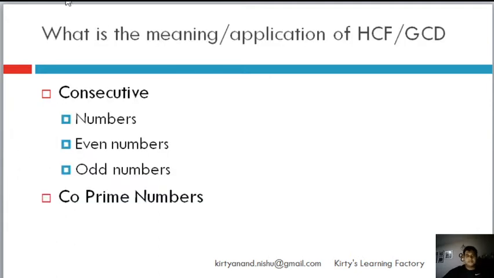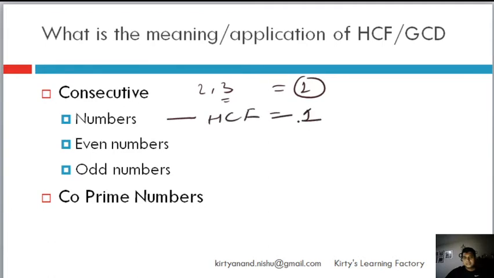This is important. So now that we have understood how to find out HCF, what I am asking is, what is going to be the HCF of 2 consecutive numbers? 2 consecutive numbers means 2 and 3, and we've already discussed it in the previous session. If we take any two consecutive numbers, they are co-prime, which means their common factor is going to be only 1. Therefore, in this case, the HCF is going to be 1, if we talk about two consecutive numbers.